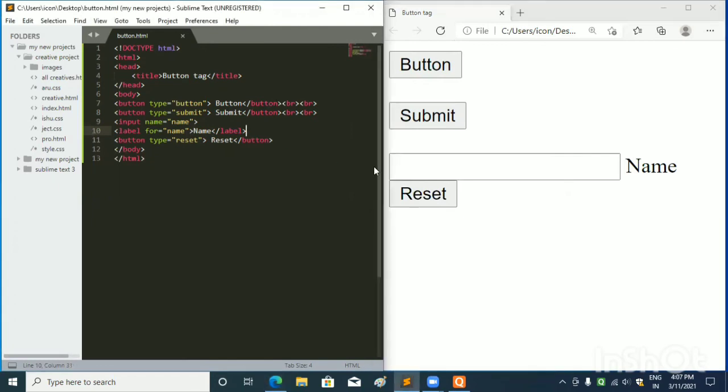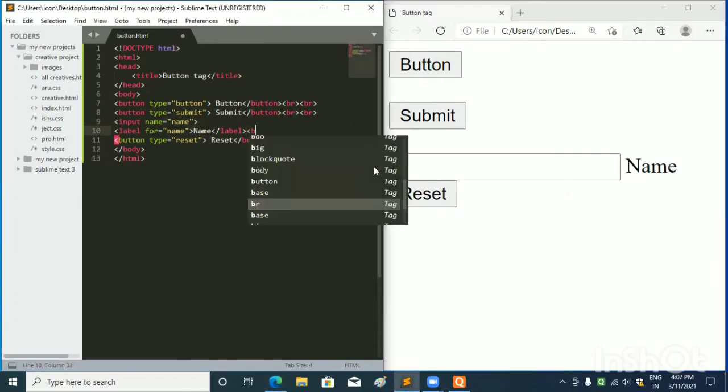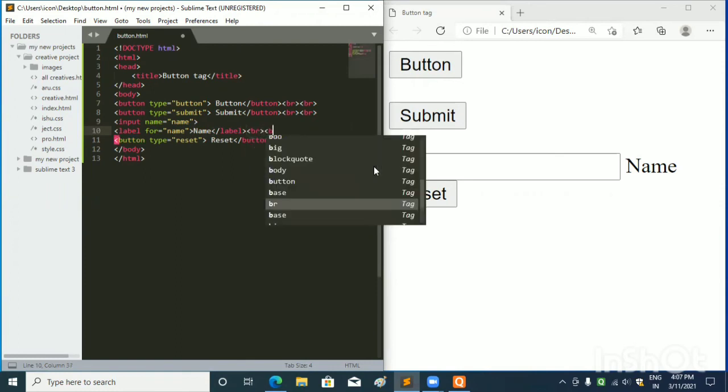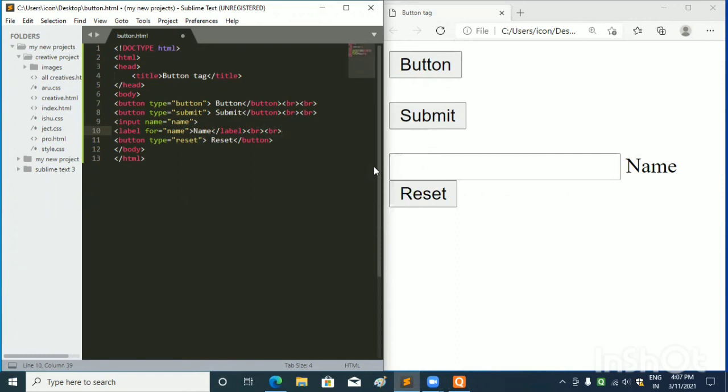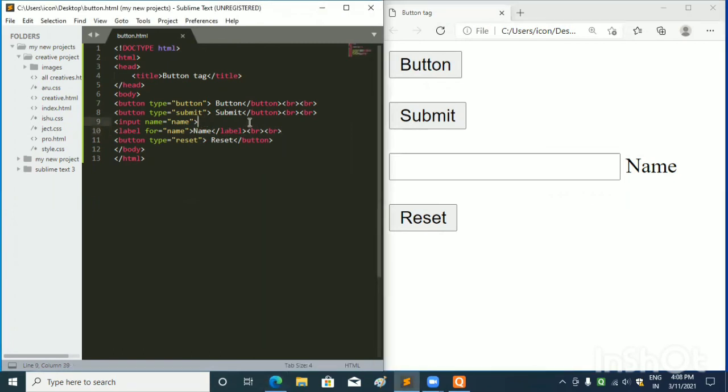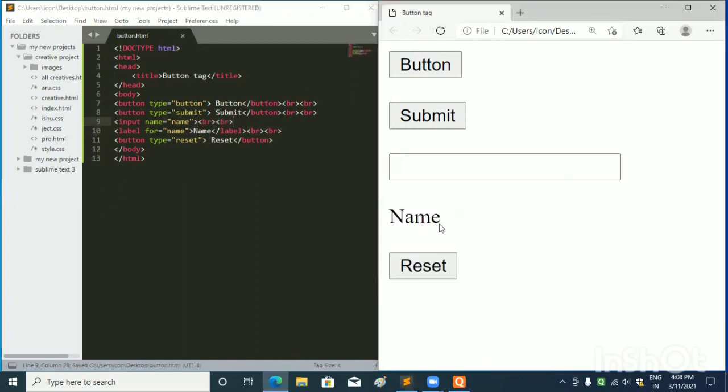I will give br tag, break tag, after the label tag to give space between them, and I will copy it and paste it after the input tag to give space after it also. So when you refresh the browser, you can see name written here after the small filling box.